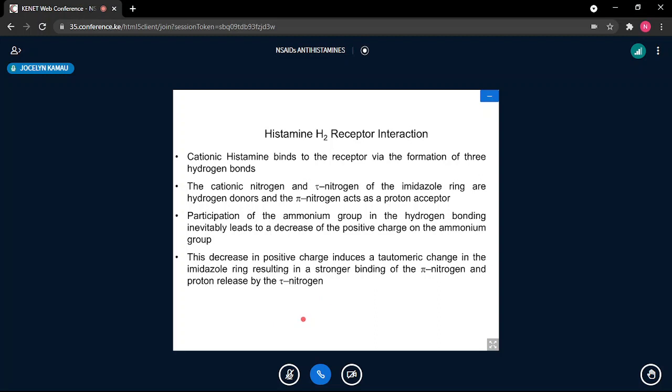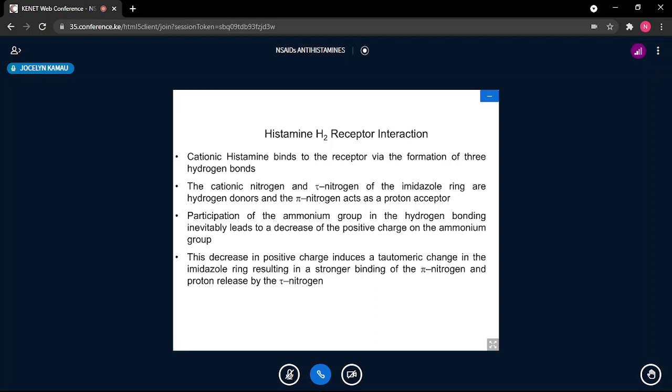Then you also have the nitrogen, which is the pi nitrogen. Even that one also binds the receptor through hydrogen bonds. Then you have the final protonated or cationic nitrogen of histamine, which is usually NH3+. That will bind the receptor through ionic bonds. Because it's cationic, it will go for the negatively charged portions of the receptor and therefore interact with